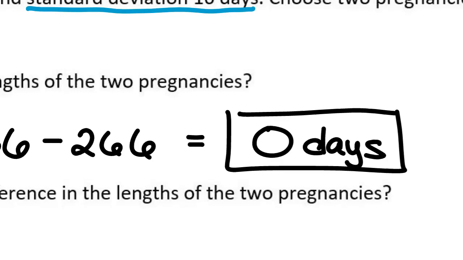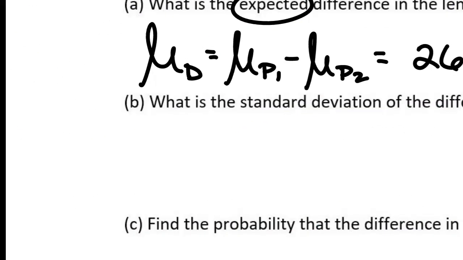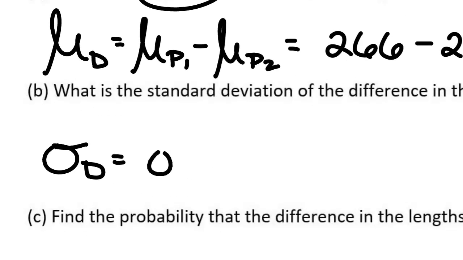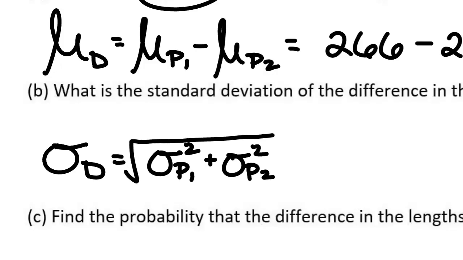What is the standard deviation of the difference in the lengths of the two pregnancies? So I want the standard deviation for the difference. Do I subtract the standard deviations? You add under a square root now. I add under square root, but first I have to square them. Take the standard deviations, square them, add them, square root them. We never, ever subtract with standard deviations. So I want the standard deviation for pregnancy 1 squared plus the standard deviation for pregnancy 2 squared underneath my